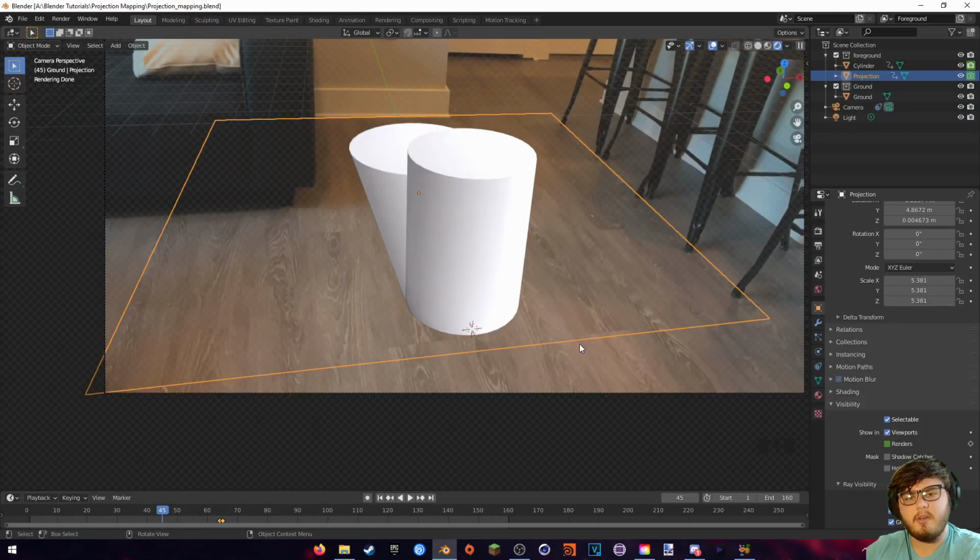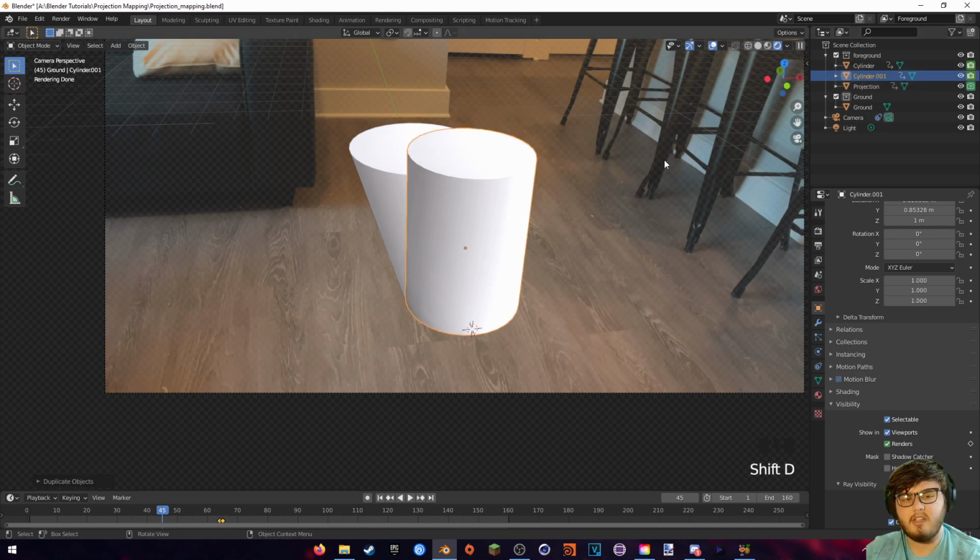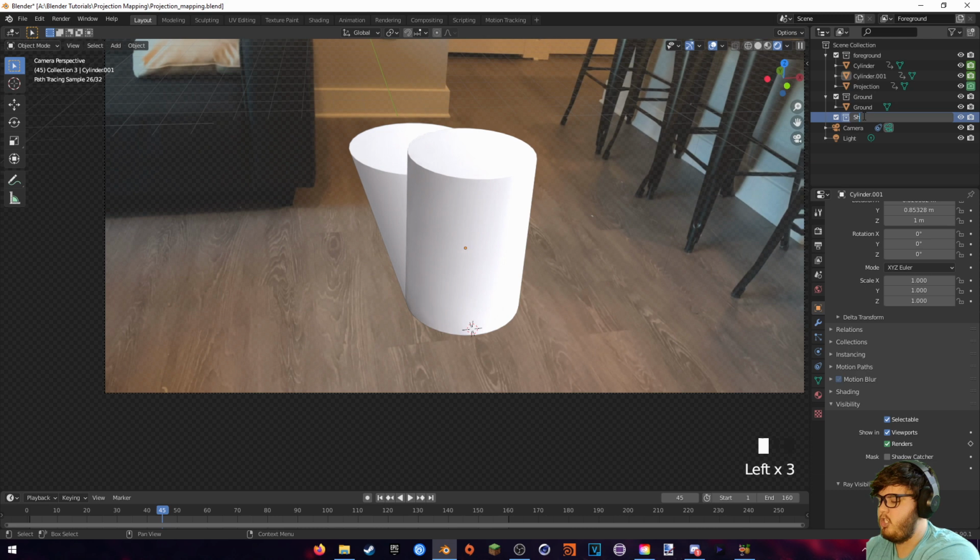So now you'll notice that we still don't have any shadows in our scene, and so a way we're going to play around with that is to actually go ahead and duplicate our cylinder. This will basically just act as a shadow catcher but won't be seen in the actual camera, and so we're just going to go ahead and create a new collection for that. I'm just going to name this shadow, like that, and then place this duplicate cylinder we made into the shadow